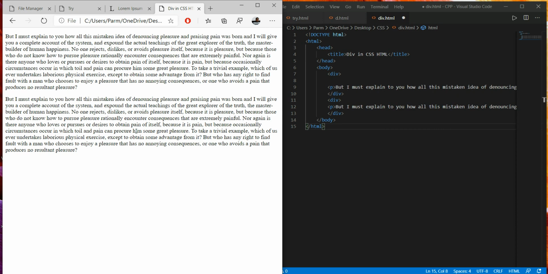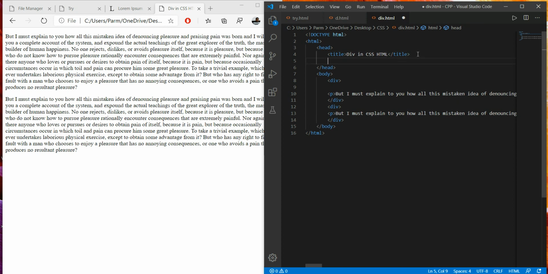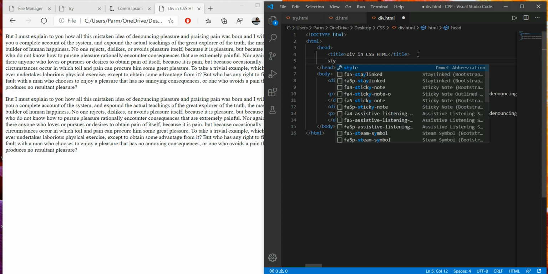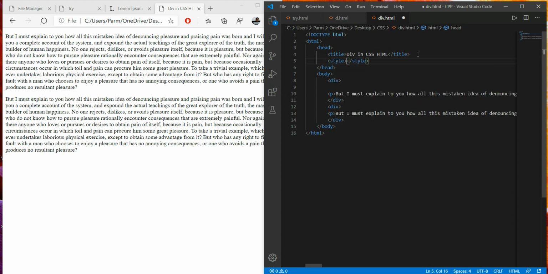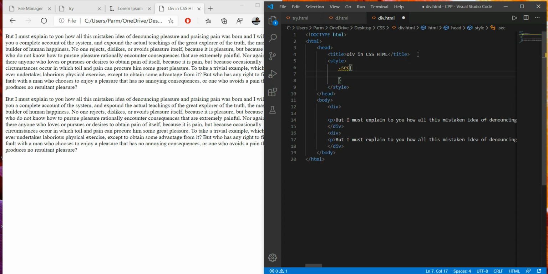So what is the fun of using division over here? Now let's write a class using the style element. I just wanted to create a class section, and here I specify certain values.